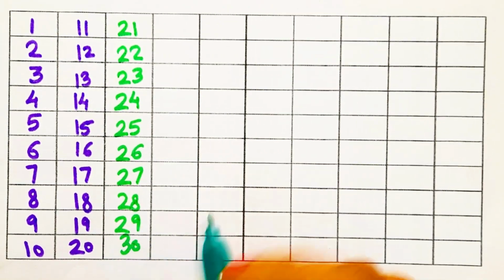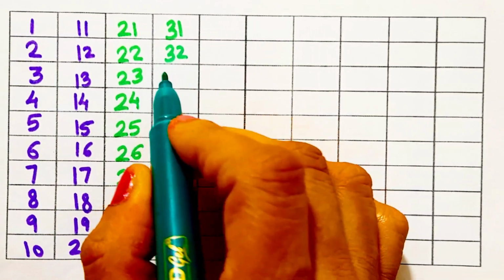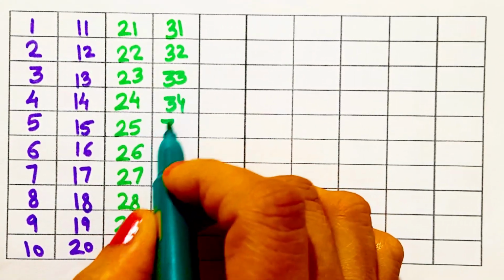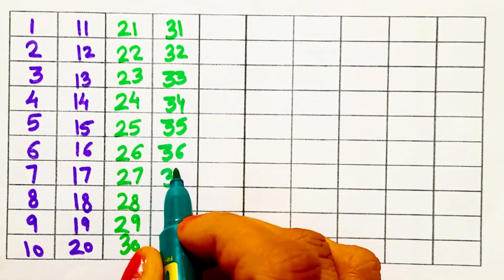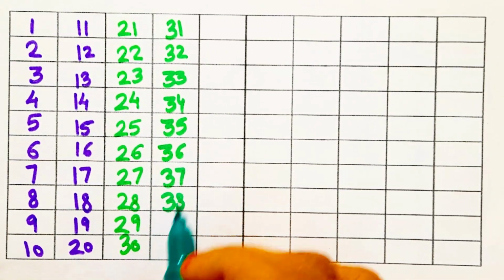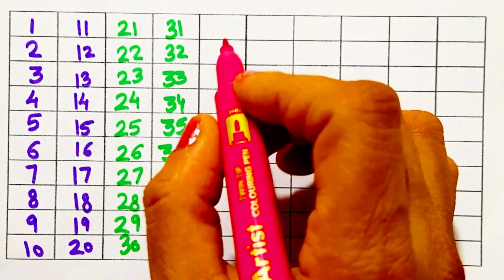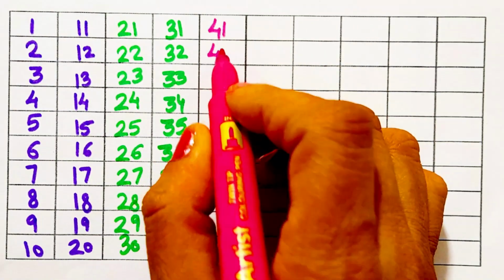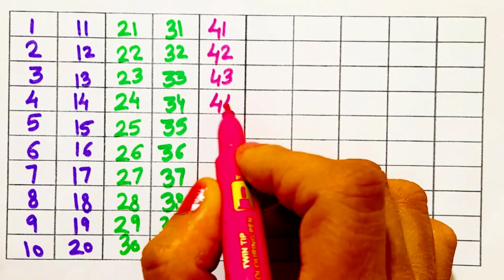29, 30, 31, 32, 33, 34, 35, 36, 37, 38, 39, 40 kids, 40. Repeat after me. 41, 42, 43, 44,